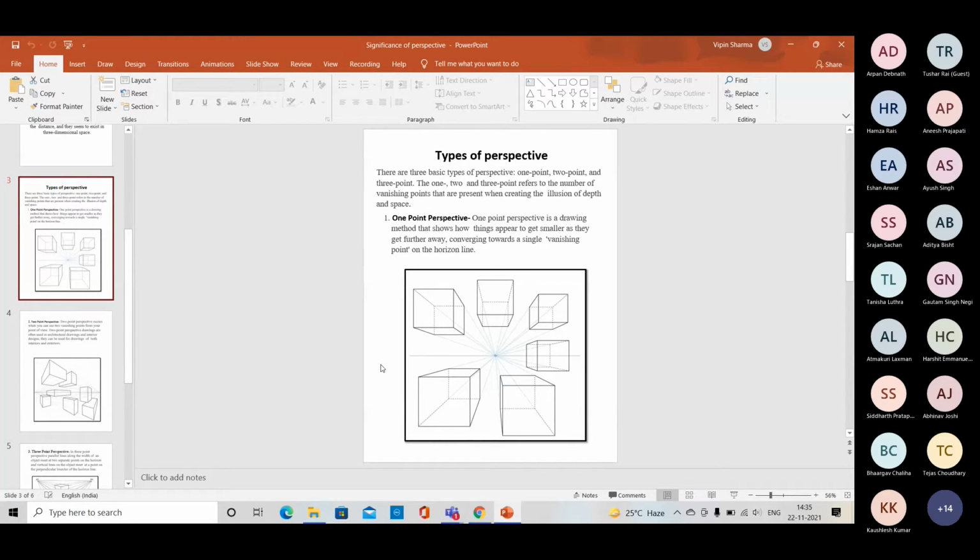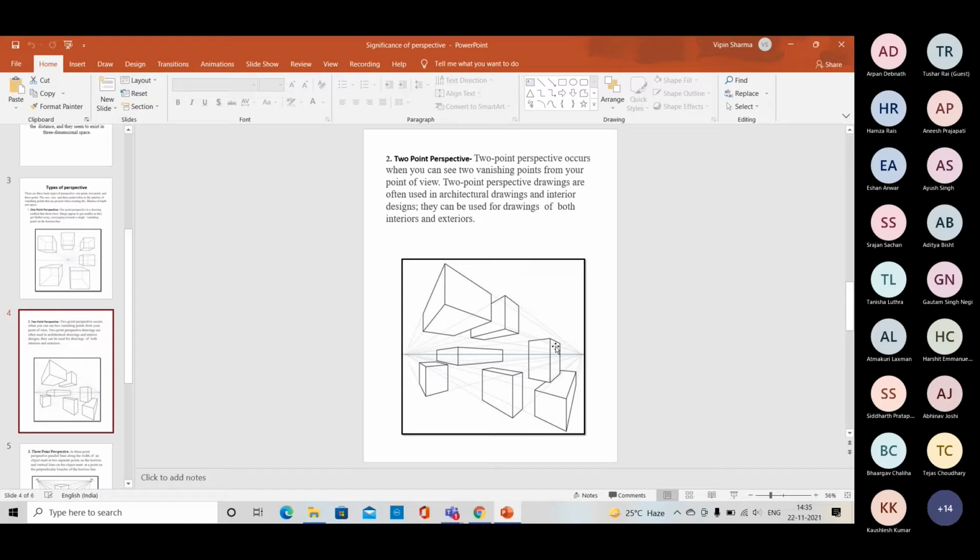So these are the only two elements of perspective drawing. Everywhere we find in a 2 point perspective there would be two vanishing points. My vision is diverting because of the corner of the shape, so we can split it with two vanishing points. One is on our left side, here, and the second one is on our right side. You can find the two vanishing points when we are standing in front of the corner of any building, right? So I'm standing in front of the corner, so I can find the two vanishing points. This is called 2 point perspective.